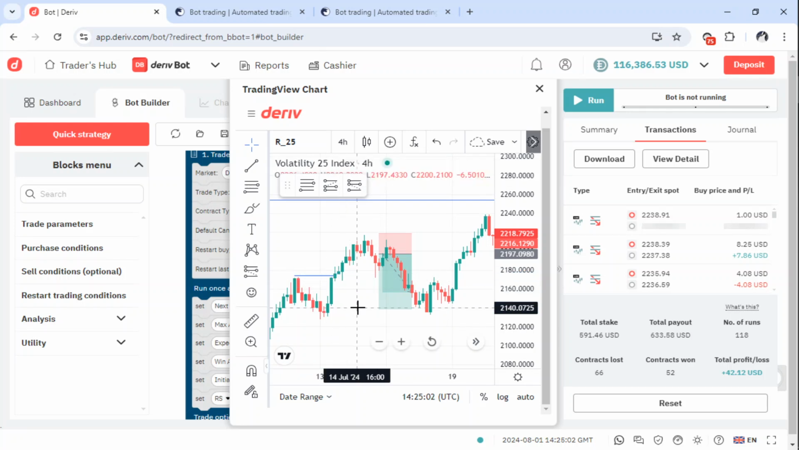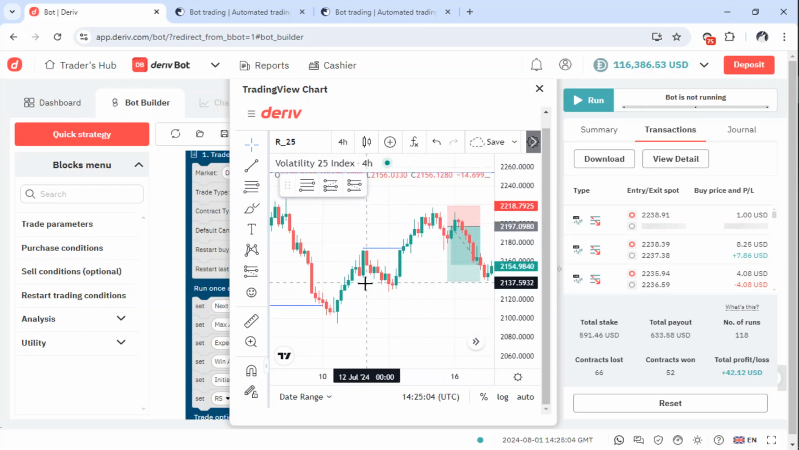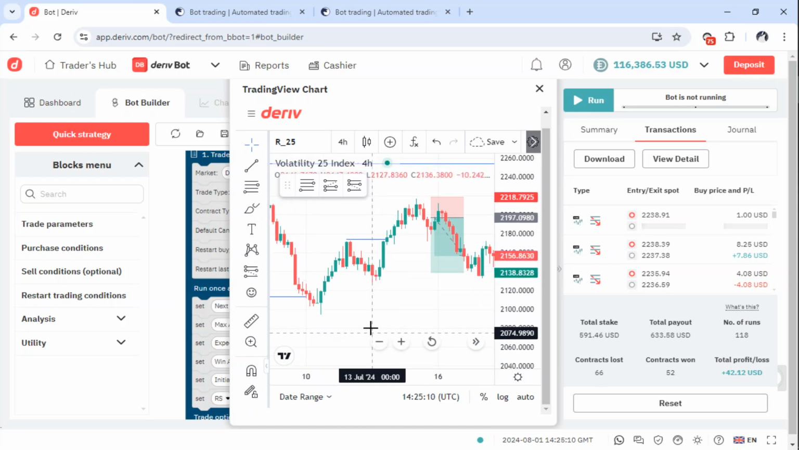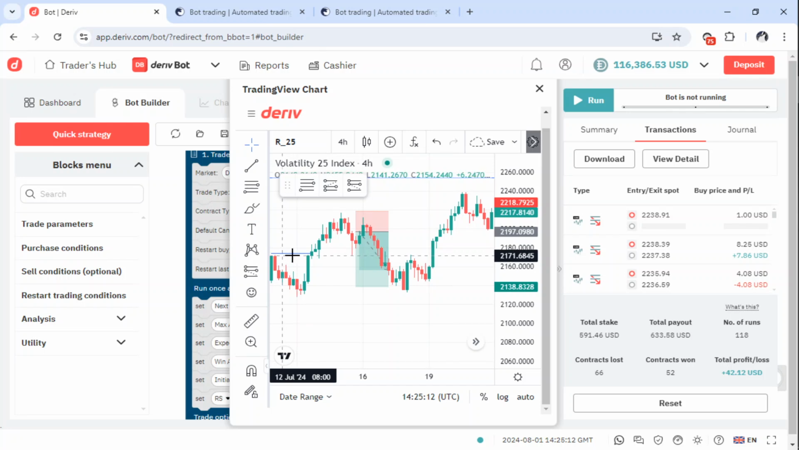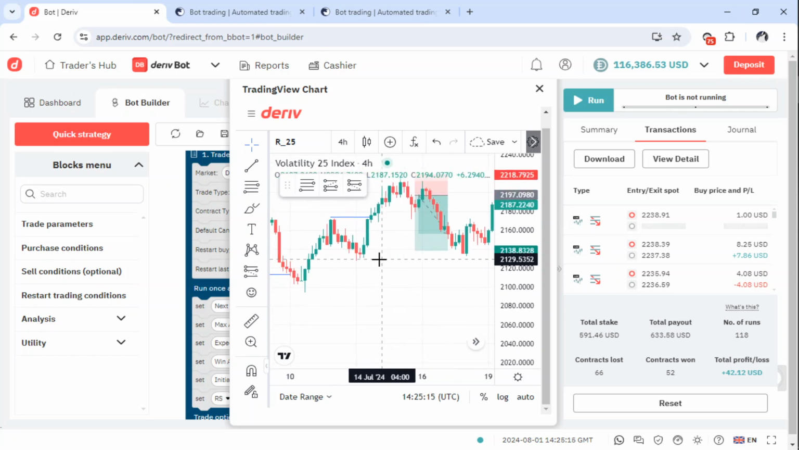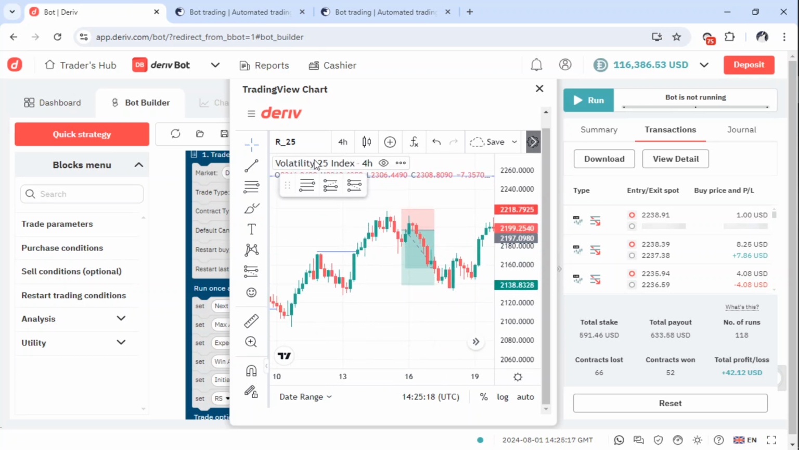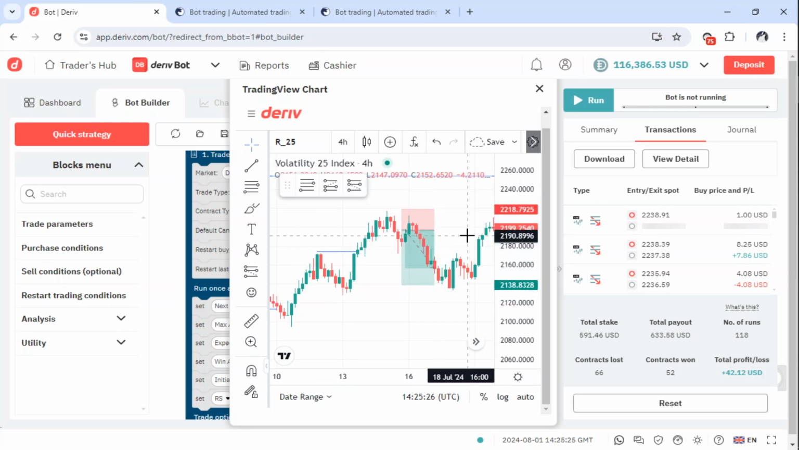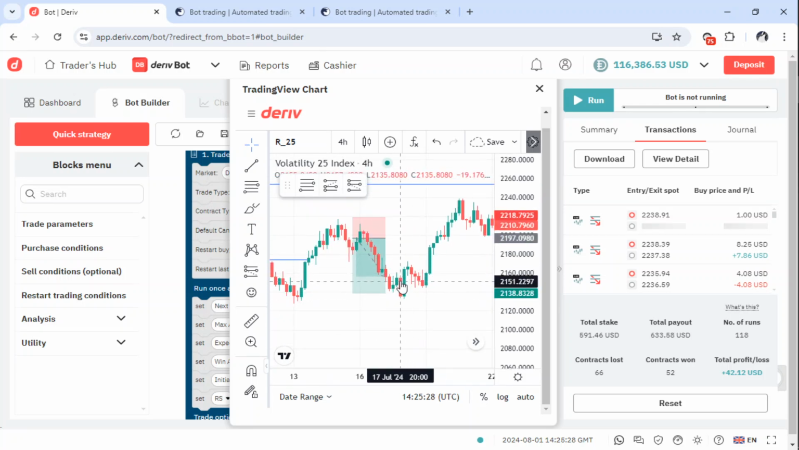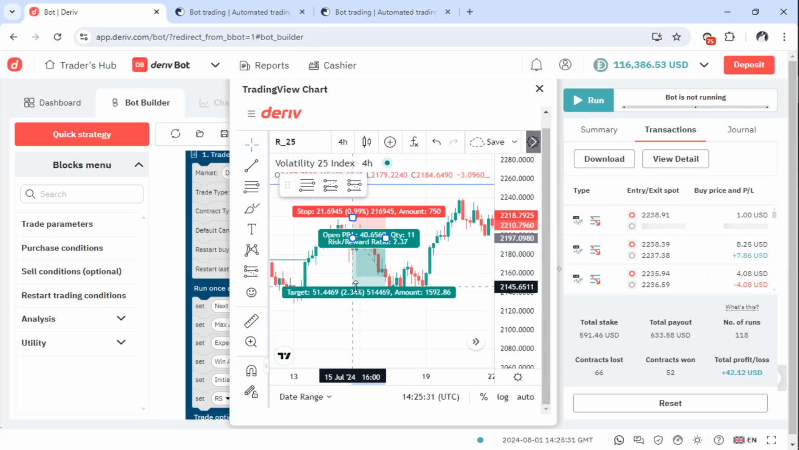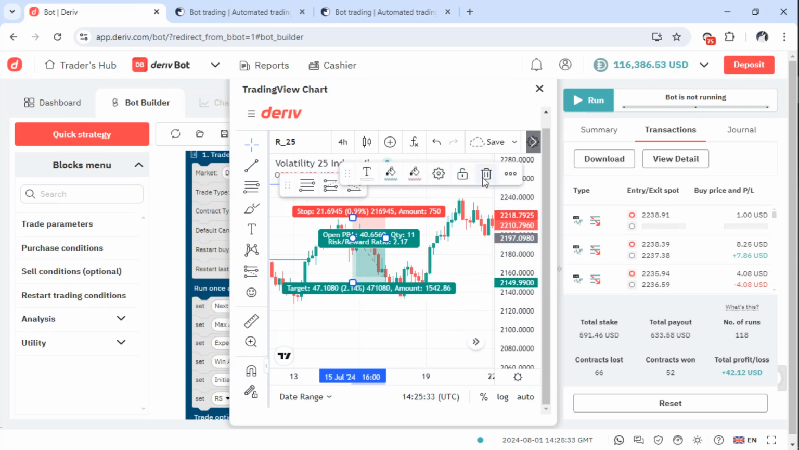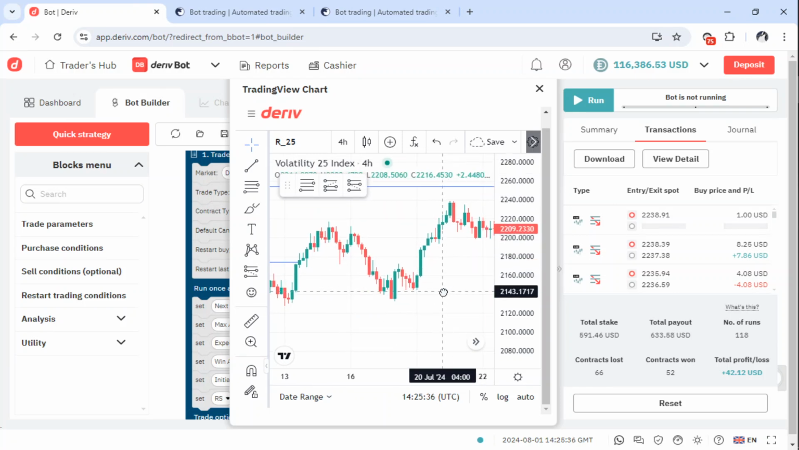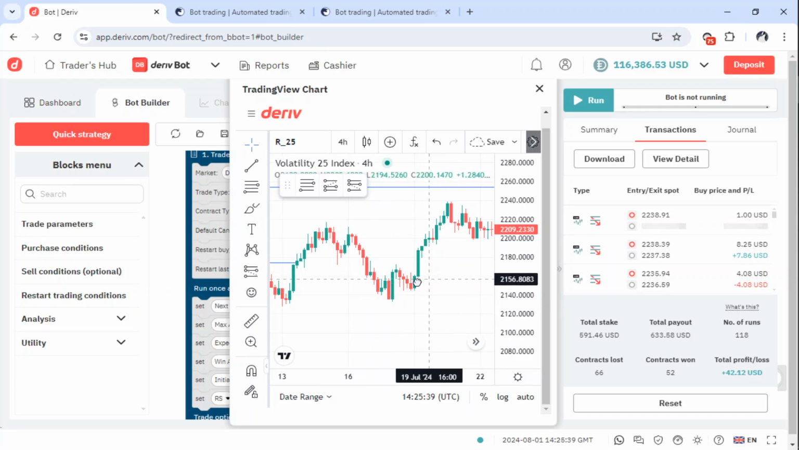So this is called internal change of character, because we had a pullback. It was supposed to continue downward to take this liquidity, but it didn't. If it took this liquidity, I would have taken the buy trade, but since it caused a break of structure, I would still wait for it to come and pull back 75% here. You can see it pulled back 75% here. That was a good pullback. So immediately I see this, I would have exited this trade somewhere there for a 1 to 2, which I normally don't take, but I would have exited because I would have known that now I have an opportunity for